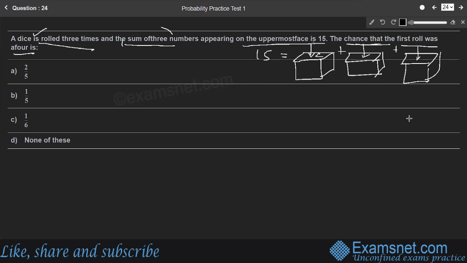So the probability that the first roll has 4 on the top face. For that, we'll consider the total number of ways in which the 3 numbers occur after rolling a dice three times, such that their sum is 15. So the number of ways in which the sum of the top faces becomes